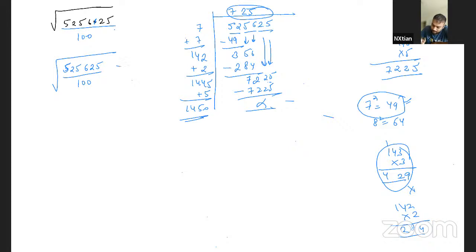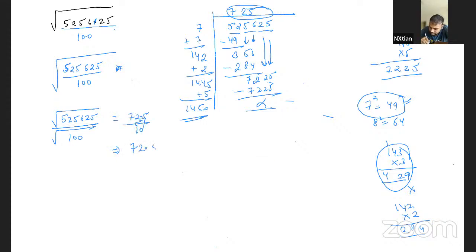Now what you will do, guys, you have to divide the root like this: root of 525625 upon root of 100. You can do this. The root was over the whole fraction, so I just simply write it like this. Now we got that root of 525625 is 725, and we know that root of 100 is 10. Now I have to change into decimals. So this 0 and this 5 will match, and the 1 will go. It will become a point in between that. So it means that the answer is